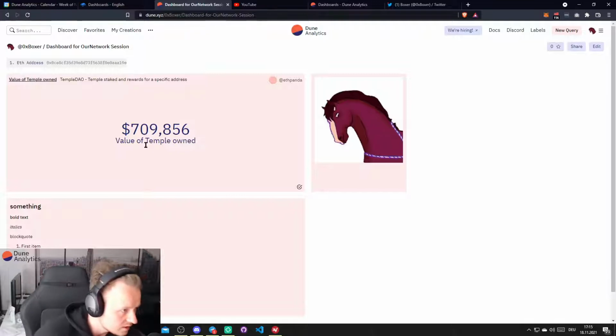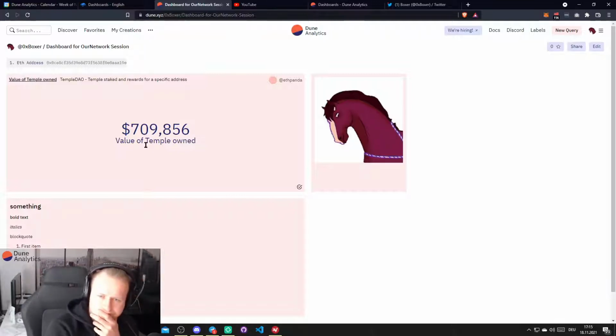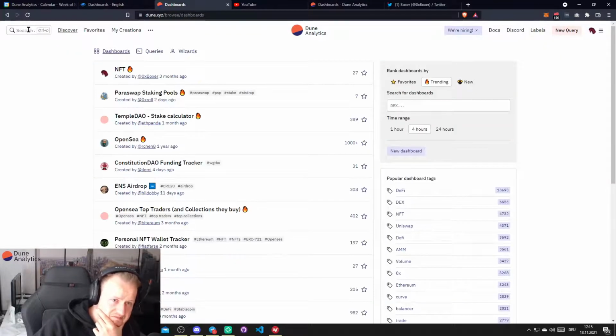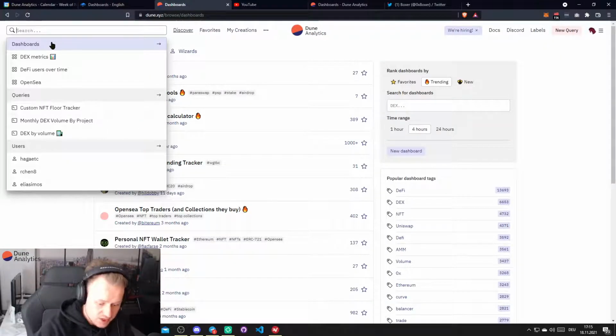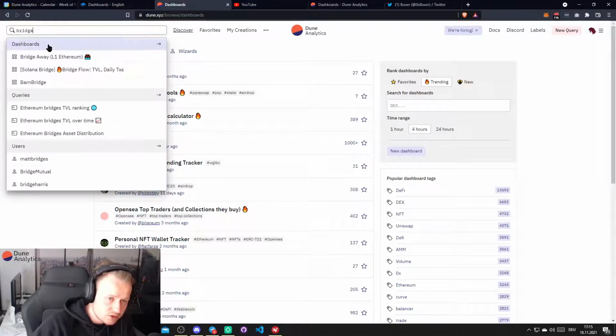So I guess no more questions around this. So yeah, practicalities are covered. We could just go through a few dashboards and see why they're great, why they're not great. So what immediately comes to mind is the bridge away dashboard